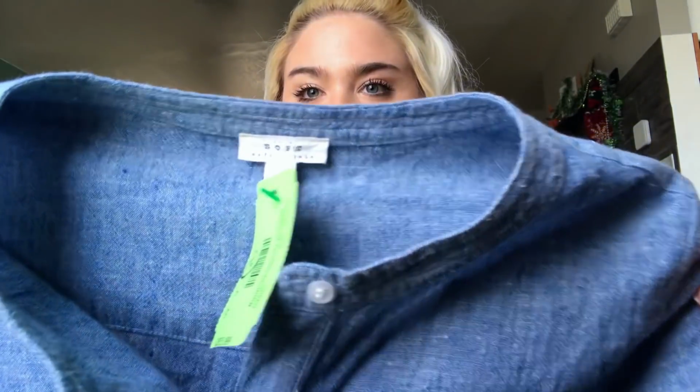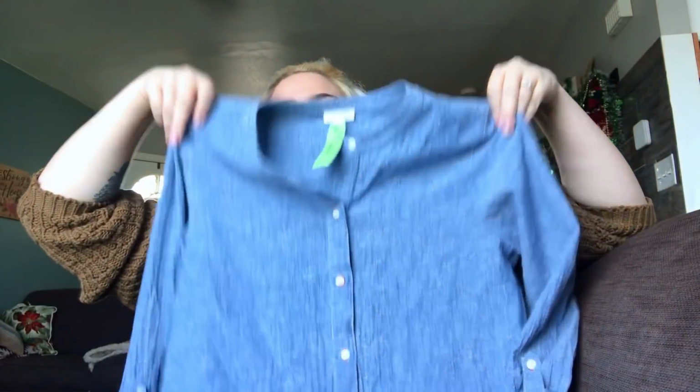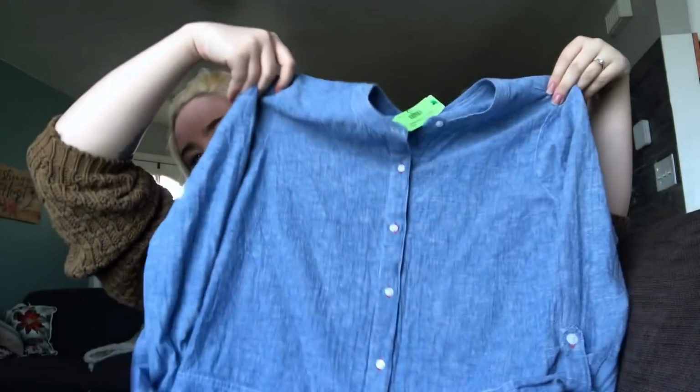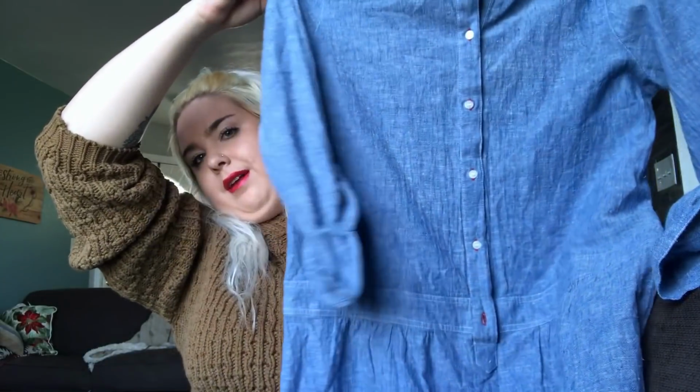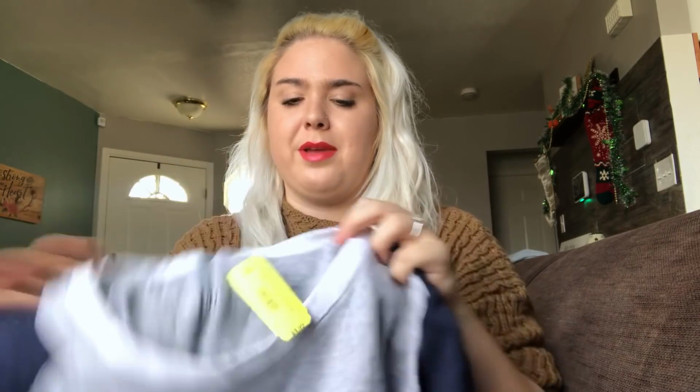Right, so the next thing I found is this Soft Joie. It's like a chambray. I think this is actually linen, but it has the chambray look, and it's this little dress, buttons down. It does have that button, it's just not buttoned. And it was $5.99. I've actually never found the Soft by Joie. I've only found the silk pieces, which honestly don't do super well for me. It just kind of depends, but